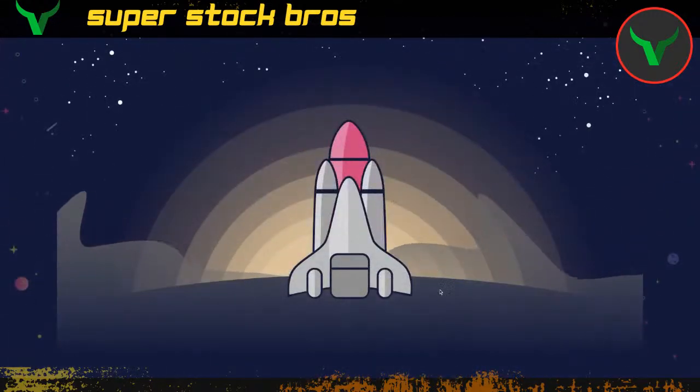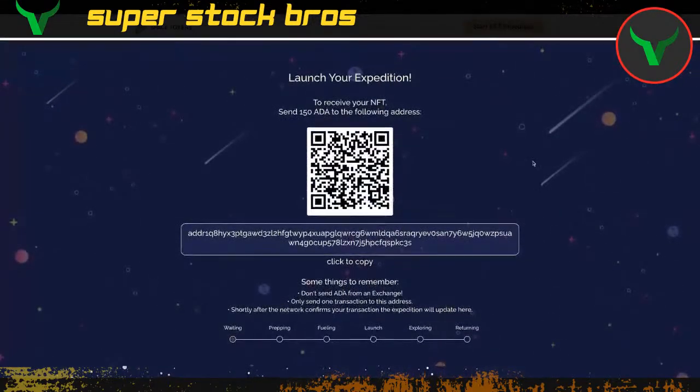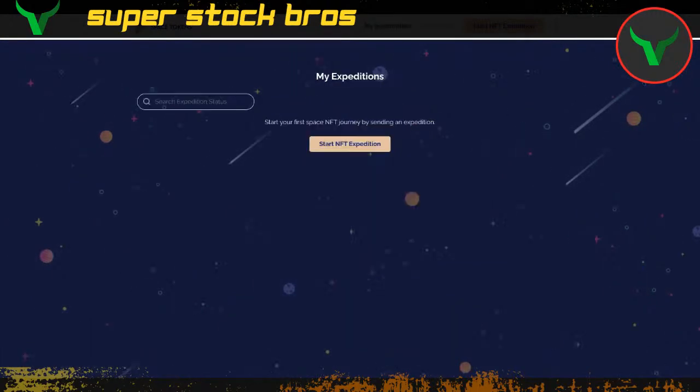This is an animation that shows you're waiting for payment. I don't have a wallet set up to send money to this right away, but once you send money here, you go into the prepping stage and the animation updates, and it shows you the process of going through an expedition. Different animations, a different experience for each stage. And once your expedition returns, let me see if I have some under this account. I don't, but